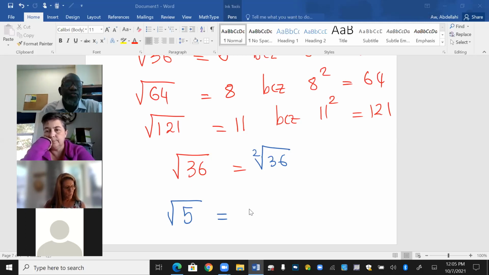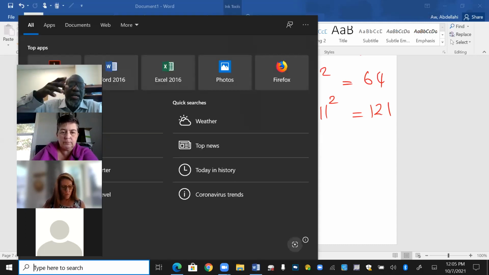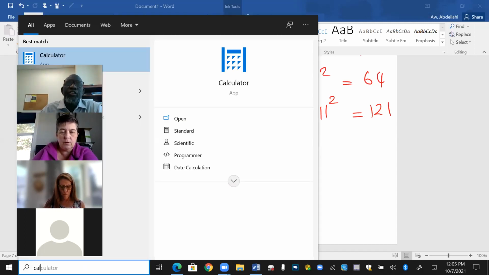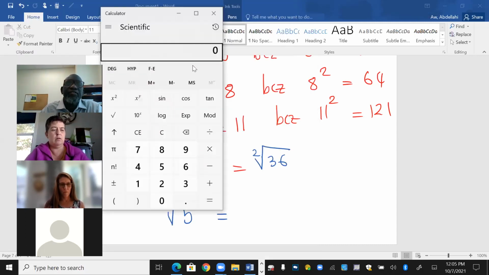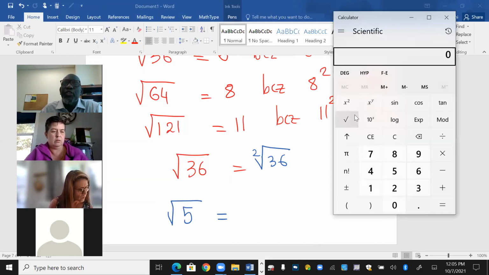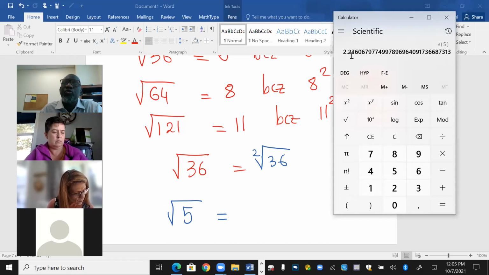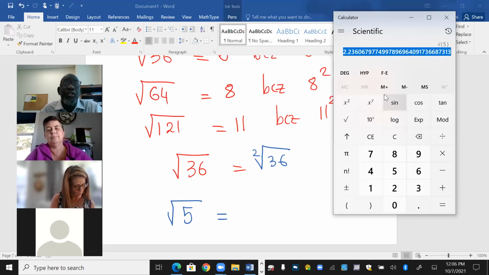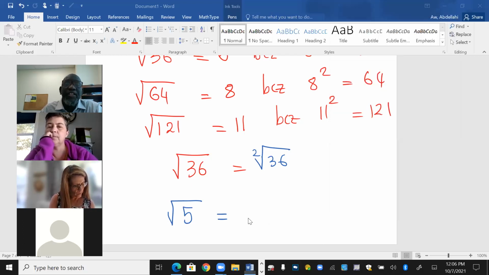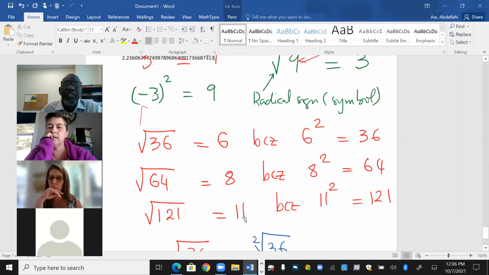Now, if you want to know the approximate value of that, you get your calculator out, right? You see, I got my calculator out. In my calculator, I have a square root sign right here, you see? So I write 5, and the square root of 5 is about 2. You see the decimal number never stops, right? This never stops, right? So the square root of 5 is about how much? It is about